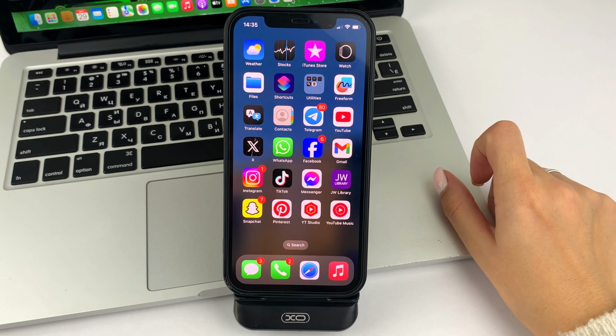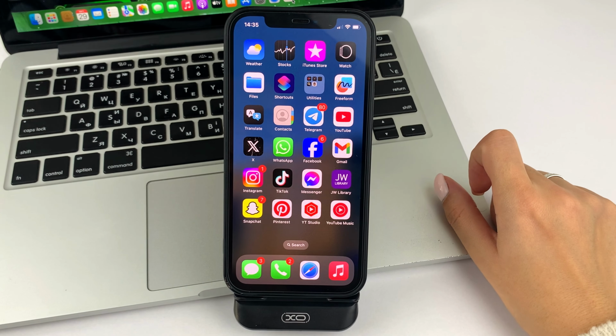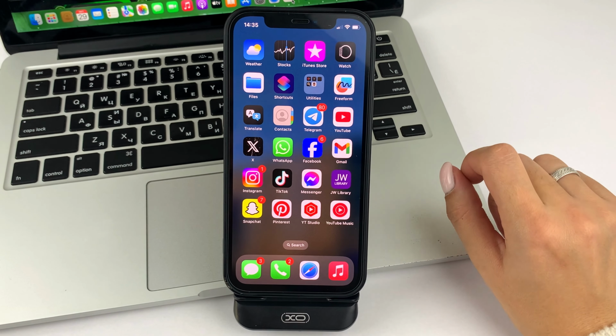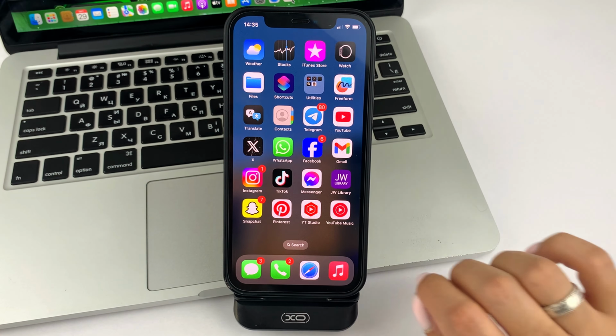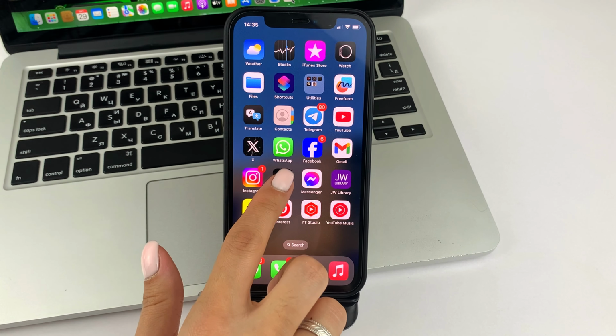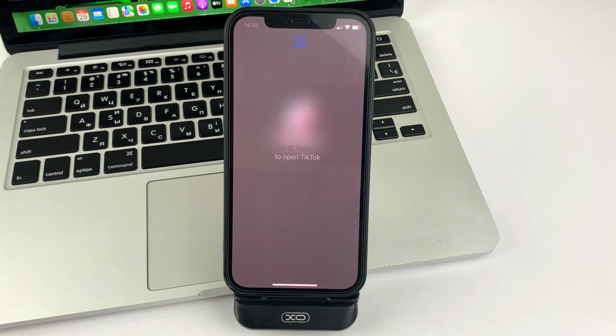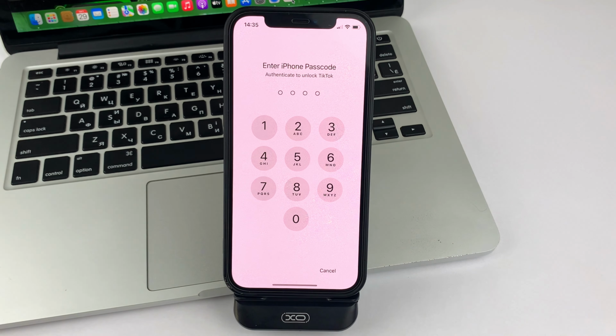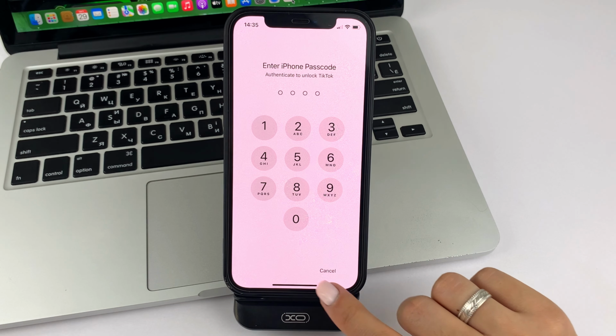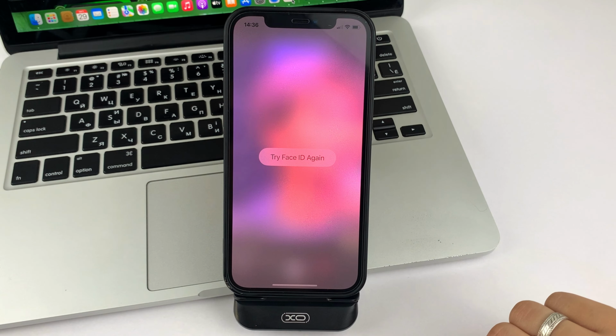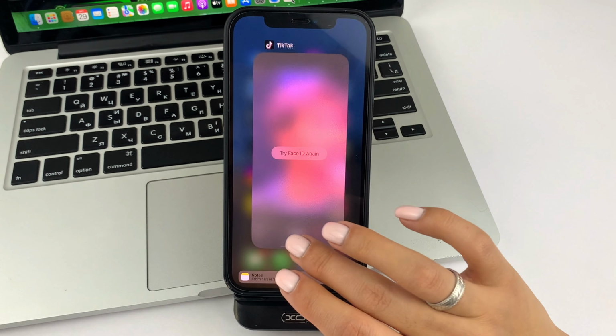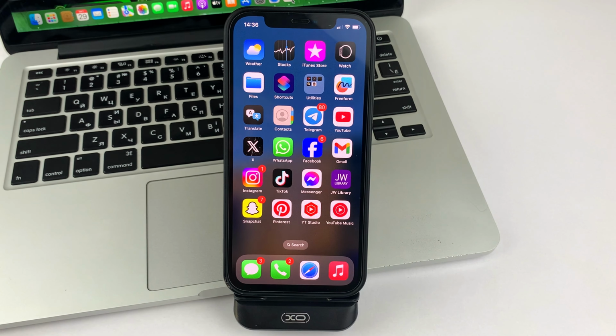Now, as you can see, my Face ID has been scanned by the iPhone. And now every time I go to TikTok, it will ask me to scan my Face ID, and until I do, without my phone password, I can't access TikTok. So all videos and correspondence, all TikTok data will be available only to you and will be protected and confidential.